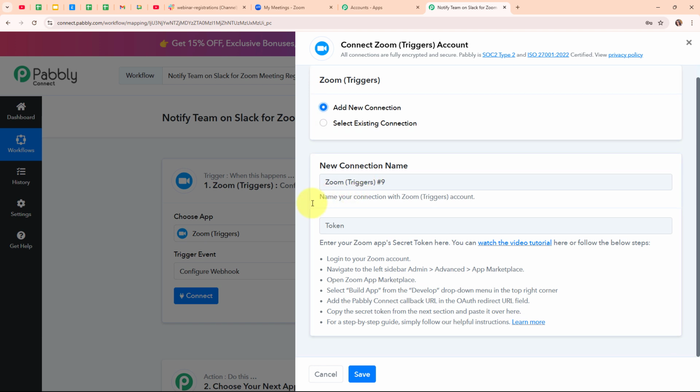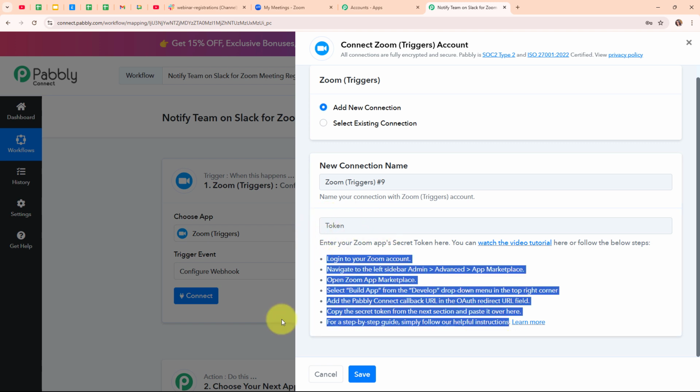And now to build a new connection, it is asking me to enter the token. To get this token, we are going to follow the instructions given below. You can also see a tutorial video which is linked in this hyperlink given over here, showing how you can get the token and how you can connect your Zoom with Pabbly Connect. Also, in order to connect the Zoom with Pabbly Connect, we need the Pabbly Connect callback URL. To get this callback URL, we are going to click on this learn more hyperlink given over here,